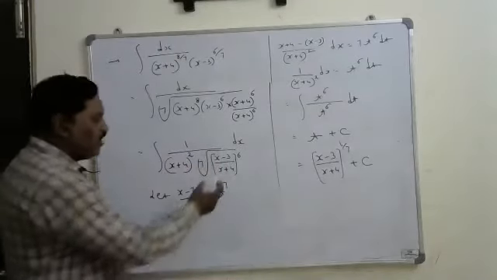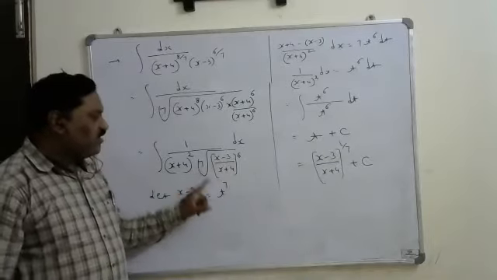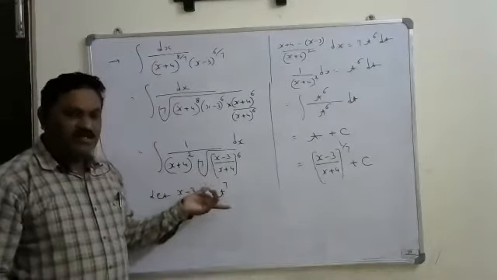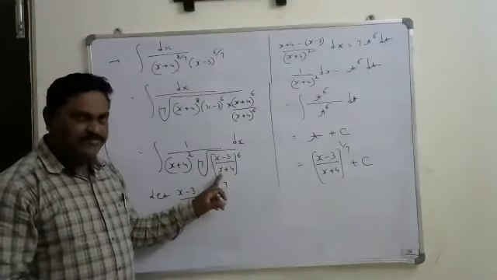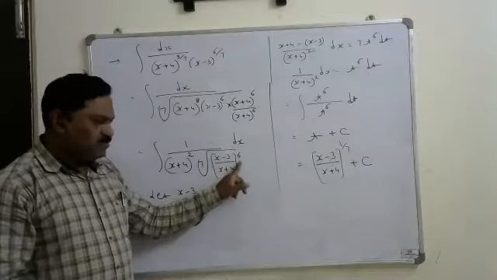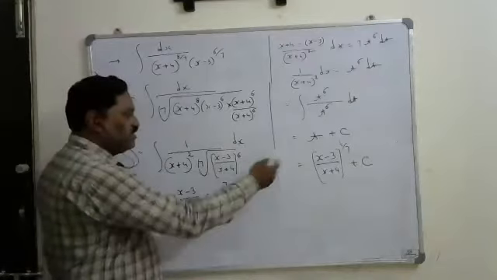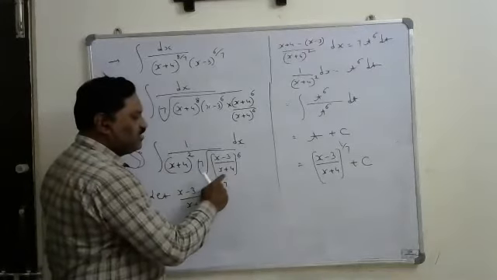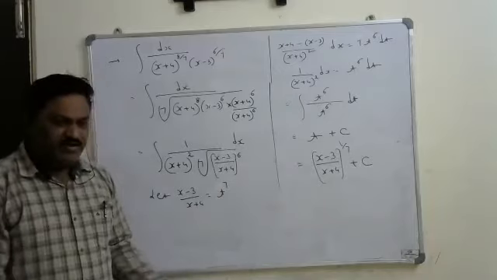So generally, whatever the function is here, take that as t power 7. Or otherwise, blindly we can write the answer as whatever the function we are getting in the fraction, take this power, meaning here the whole power 6 is there, eliminate that, then this remaining will be the answer. That is the 7th root of (x minus 3 by x plus 4) will be the answer. So like that directly also we can write it.